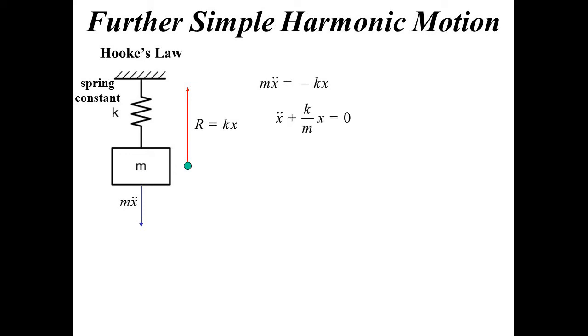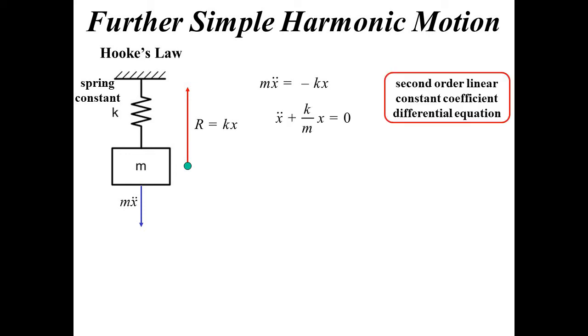Acceleration plus k on m x is equal to 0. This is what we call a second order linear constant coefficient differential equation. So when you have a second order linear constant coefficient differential equation, the technique we use, it's okay, don't panic,